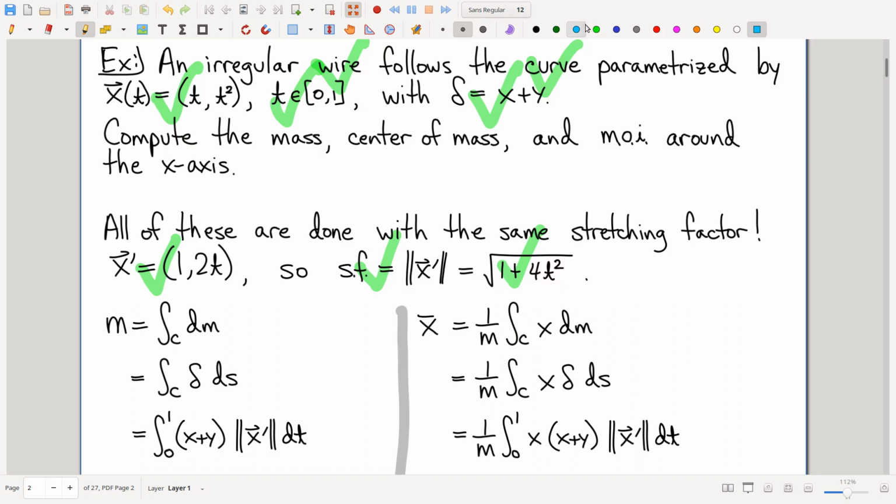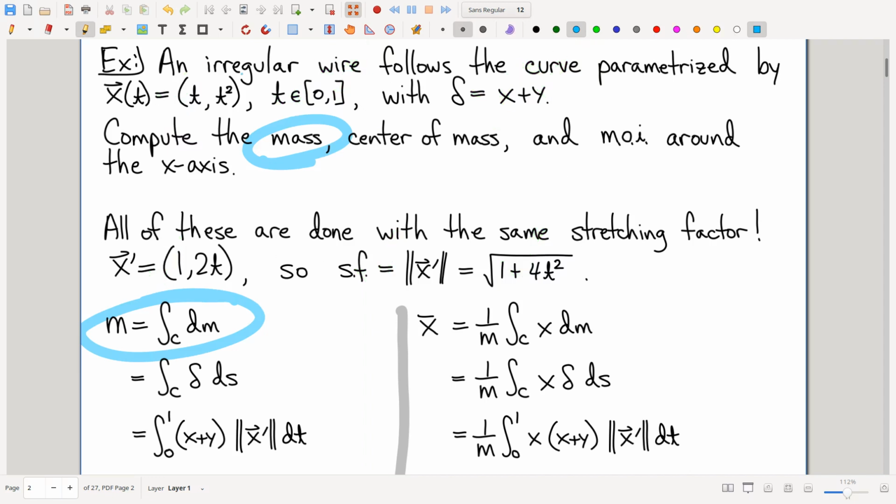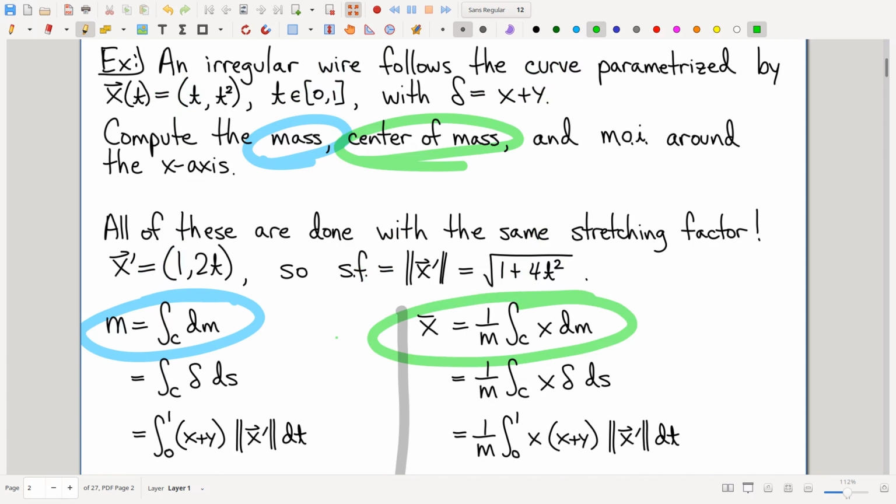Here we go. Let's talk about mass. Mass is an accumulating quantity. Mass is the sum of little pieces of mass. On the other hand, and just to simplify things here, let's also talk about center of mass, in particular the first coordinate of the center of mass. We've already talked about that formula. So we have 2 different starting point formulas because they're 2 different quantities. Yeah, sure, fine. But both of them